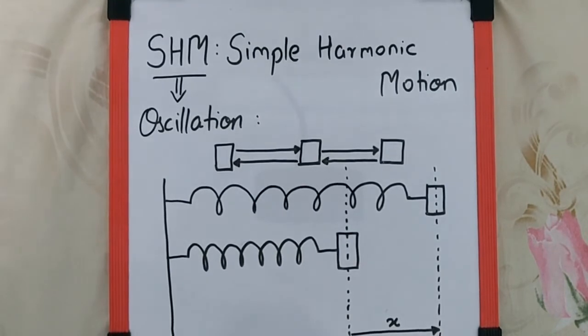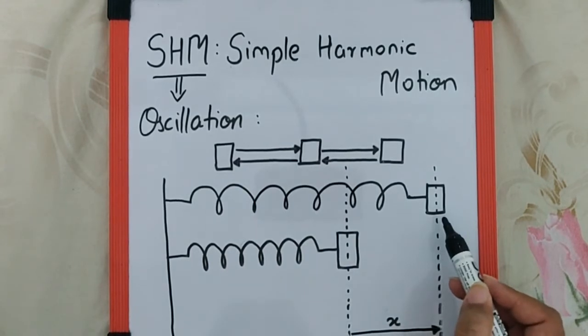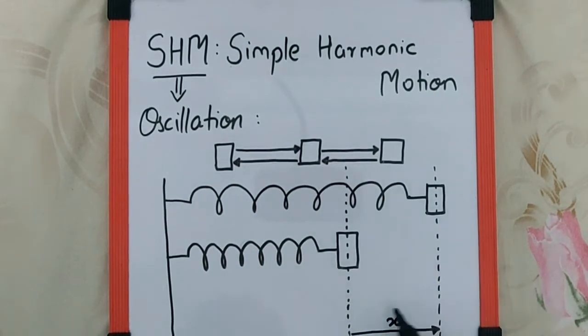Now this is very important. Why does the spring restore its position? Because it has a property known as elasticity, which forces the body to restore its original shape, size and dimension after the removal of deforming force. So you can call this force which we applied to take the body over here as deforming force. The moment you release it, it applies restoring force. So I can say the restoring force will be in this direction, and so the force is opposite to the displacement or to the stretching.